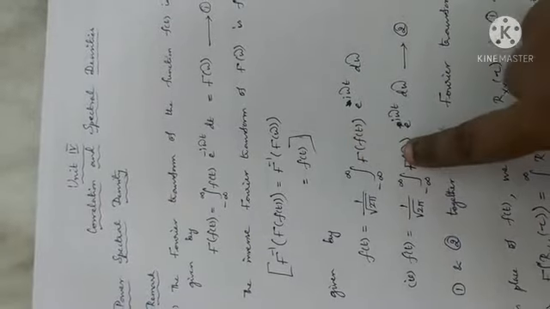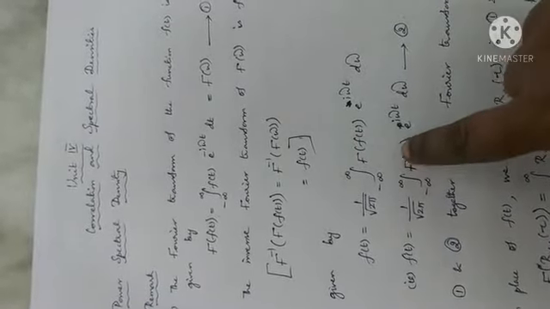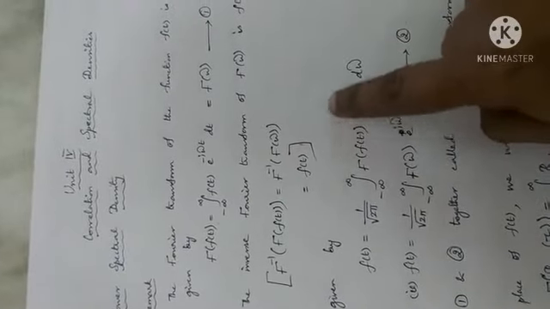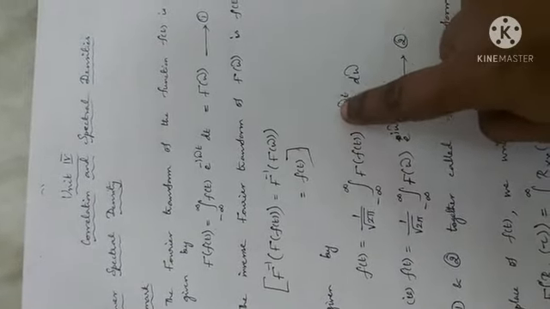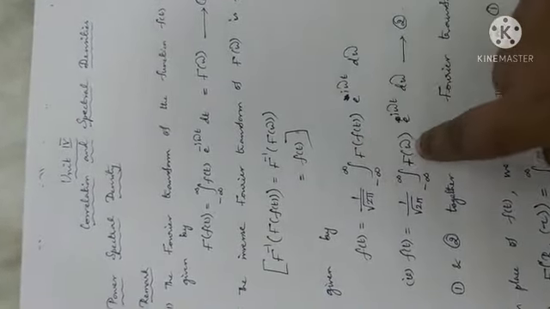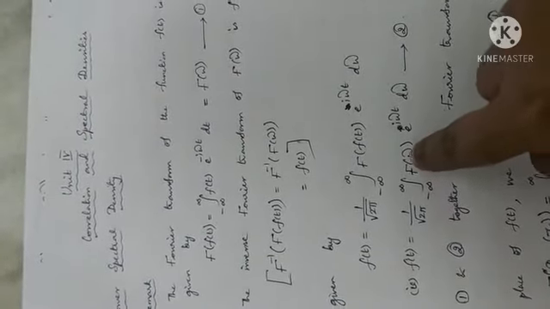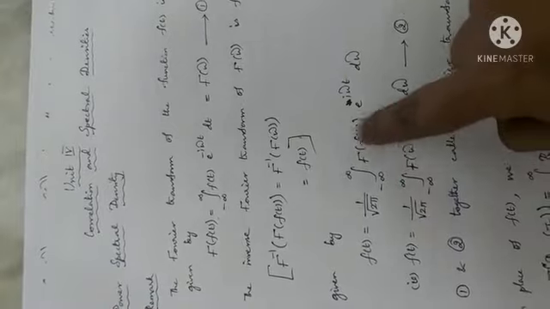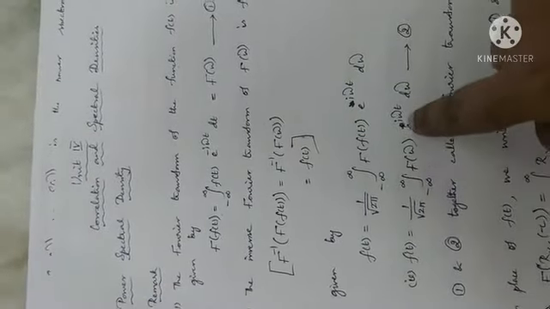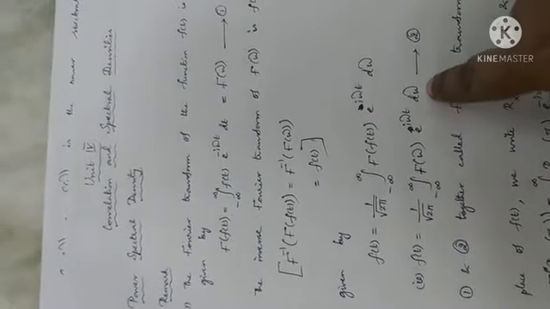This can be written like this. That's why sometimes in a book, listen here, I use this notation. But sometimes many of you go through a book or some other material, right? And you may wonder how it has come. So that's why I have written both. F of omega e power i omega t d omega.